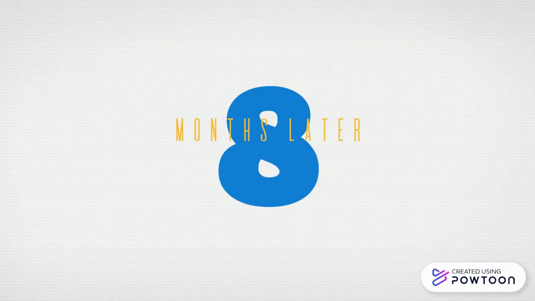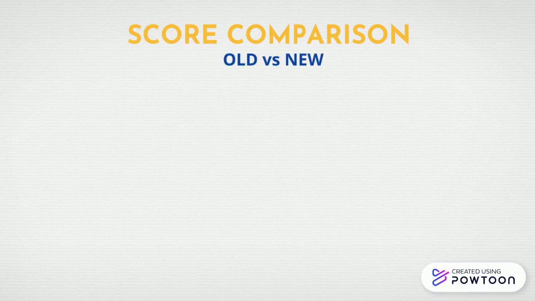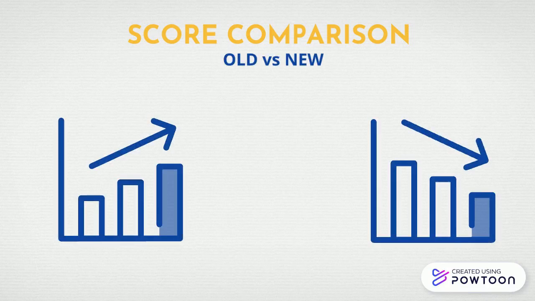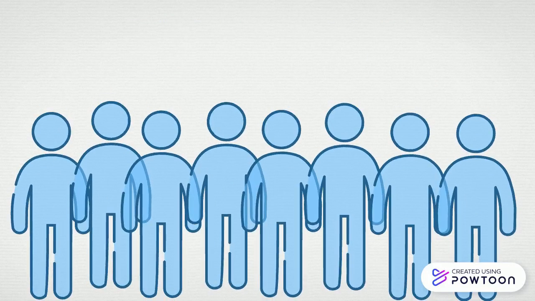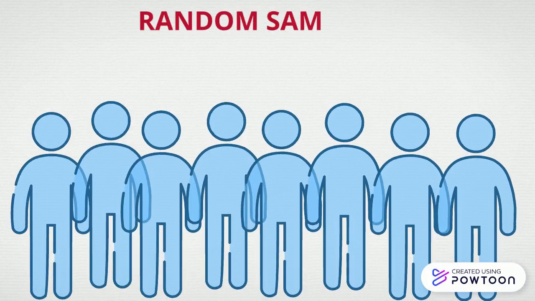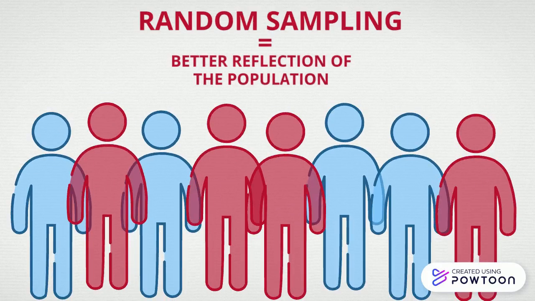At the end of the school year, 8 months after the teachers were told which students showed promise, the students retook the same IQ test to show how they improved intellectually. The old and new scores were then compared to the manipulated test score list to see if they improved or if they decreased. This study was done using random sampling instead of carefully picked individuals or volunteers because doing so provides a better reflection on the rest of the population. Because everyone has an equal chance to be chosen and represented, the study becomes a more accurate portrayal of society.